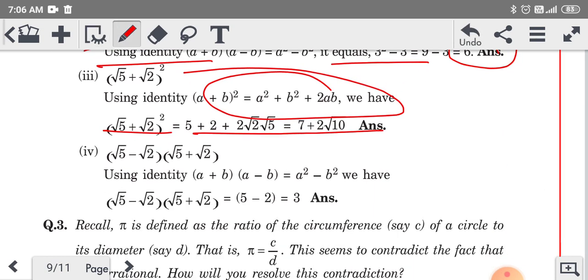फोर्थ कहते हैं under root 5 minus under root 2 into under root 5 plus under root 2. तो a minus b, a plus b का वो लगा देंगे, that is a का स्क्वायर minus b का स्क्वायर आइडेंटिटी, that is equal to concept 3. So